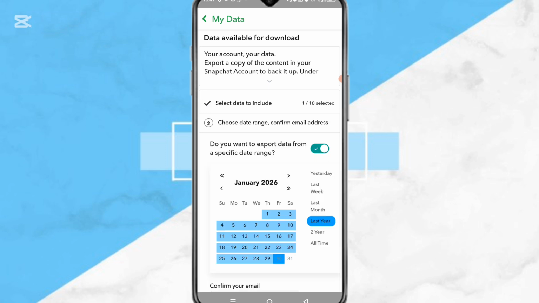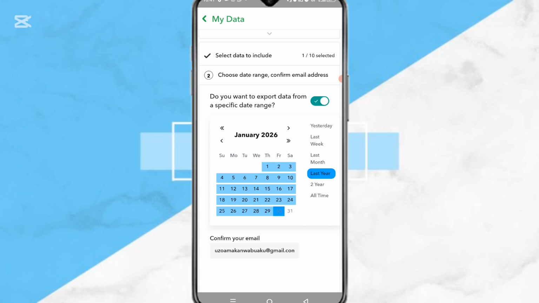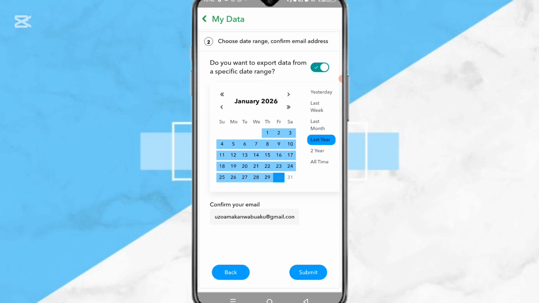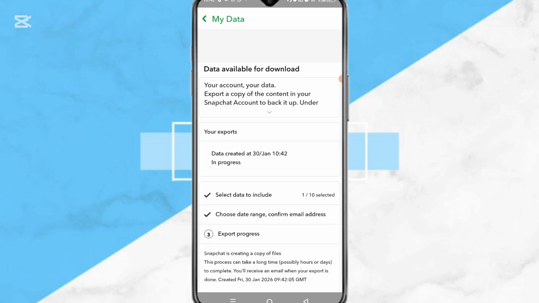So right here, you just have to set your time frame, a particular date that you're looking for. Is it for last year, is it for last 2 years? You just have to set your time frame to request the particular data that you need from your Snapchat. Click on submit. So right here, this page shows you that your data is being processed